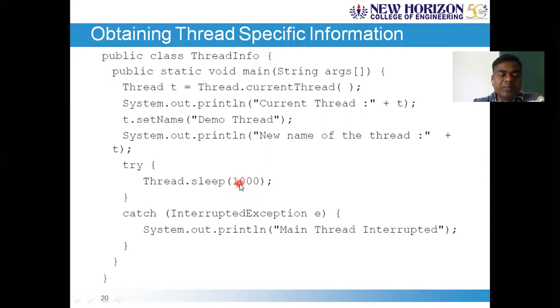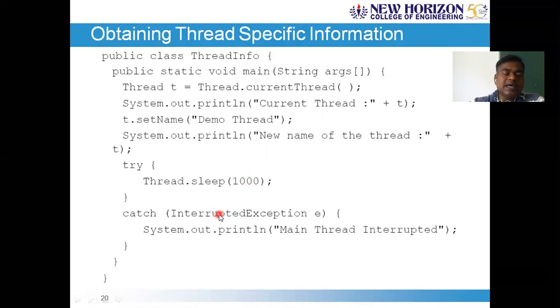In this sleeping period, if any interruption happens, if someone makes the thread awake and instructs it to perform some task before these 1000 milliseconds get over, an exception will be generated automatically by the Java runtime environment.